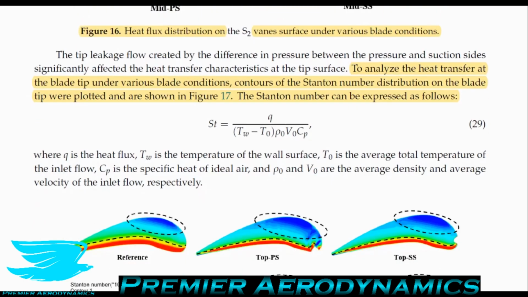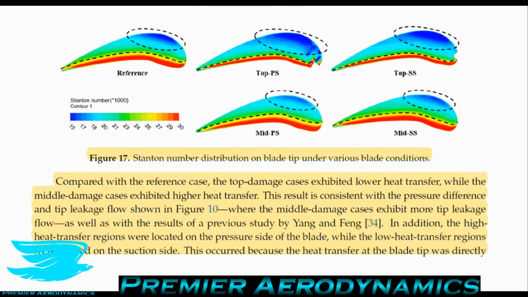In basic words, it's how much heat is being transferred to something compared to how much can be transferred based on its thermal capacity. So in other words, the higher this number, the more heat transfer is occurring. And what they found was